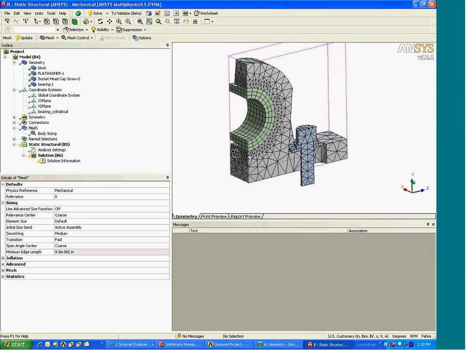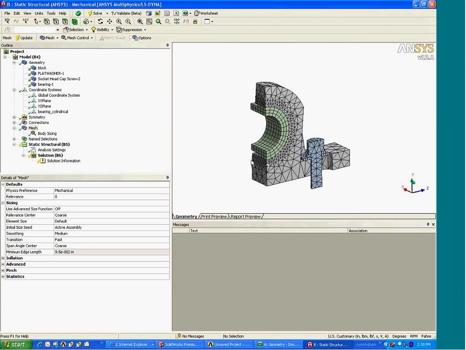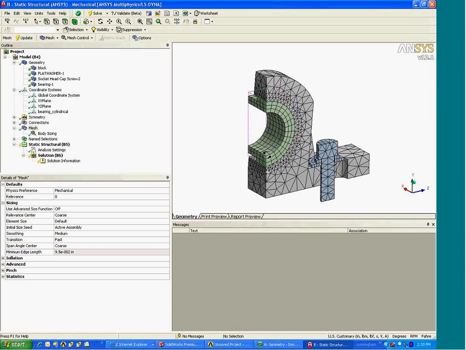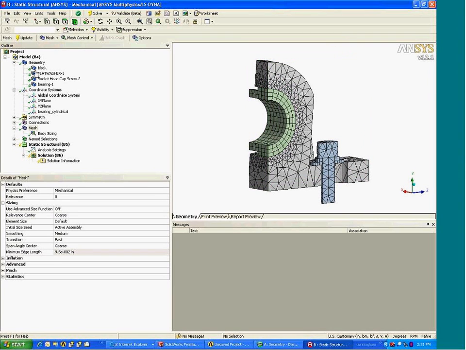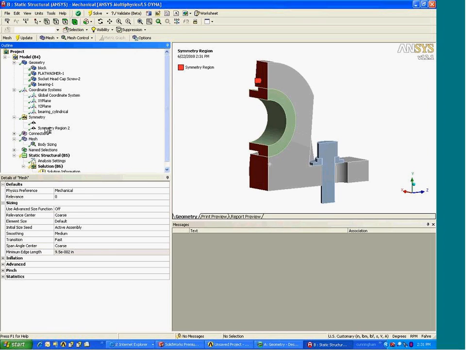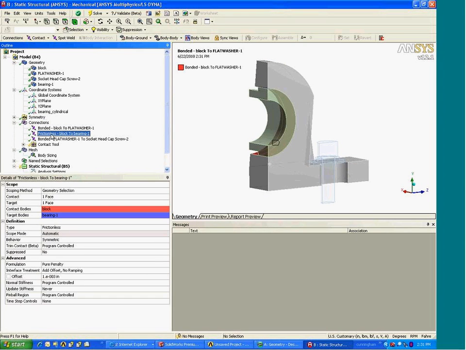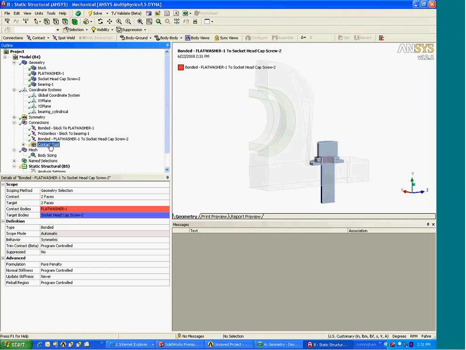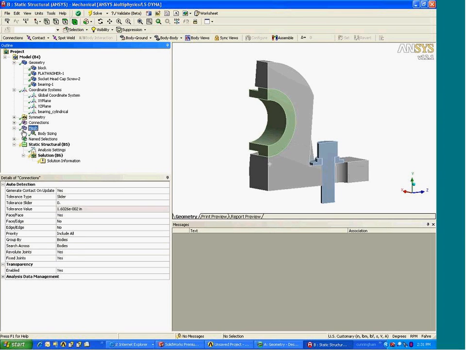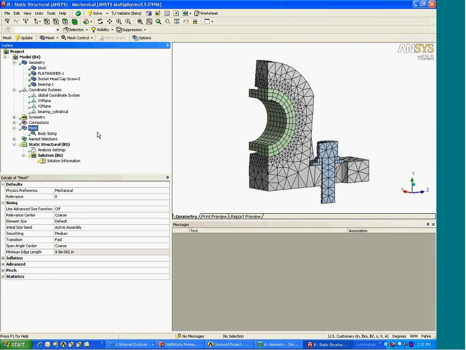So very quick and easy way to put that mesh control on. Doesn't require that you have divisions in your geometry. Allows you to really localize or focus the mesh fidelity in your area of interest. Okay, so what do we have? We have bodies with materials defined. We have symmetry controls or symmetry boundaries defined automatically. We have contact regions that have been automatically defined on our part, and we have a mesh. So now we're ready to go ahead, put some loads and some additional supports on this part and generate a